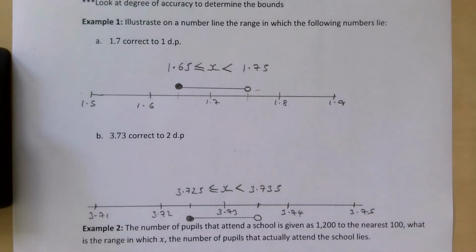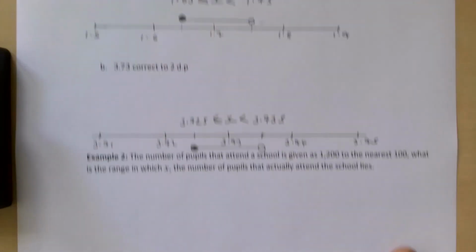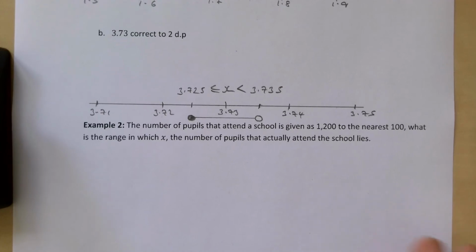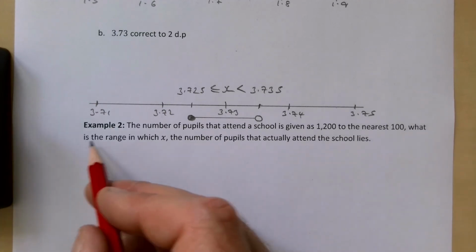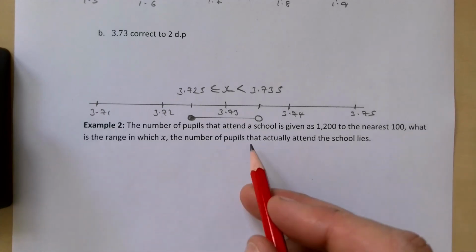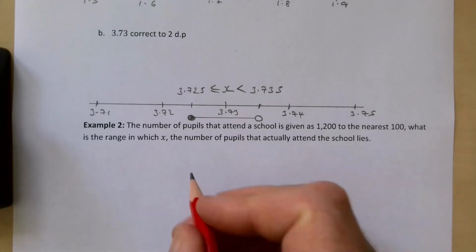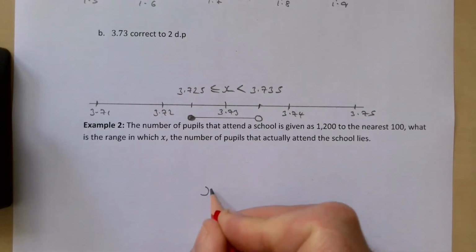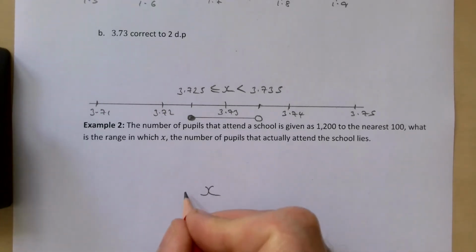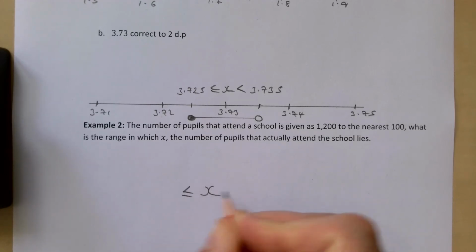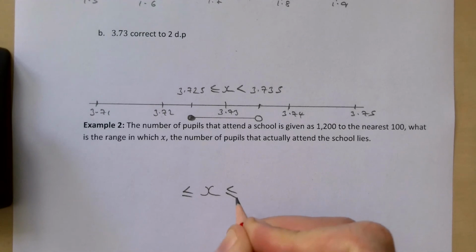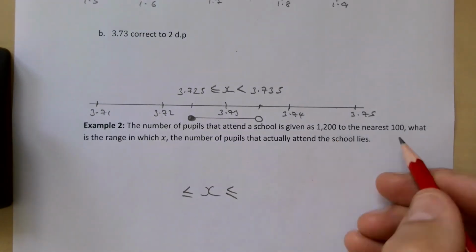And look down close. Alright, example 2 is a little bit different because it's discrete, as in it has to be whole numbers. The number of pupils that attend the school is given as 1200 to the nearest 100. What is the range in which X, the number of pupils that actually attend the school, lies? So X has to be, let me see, if it's 1200 to the nearest 100,